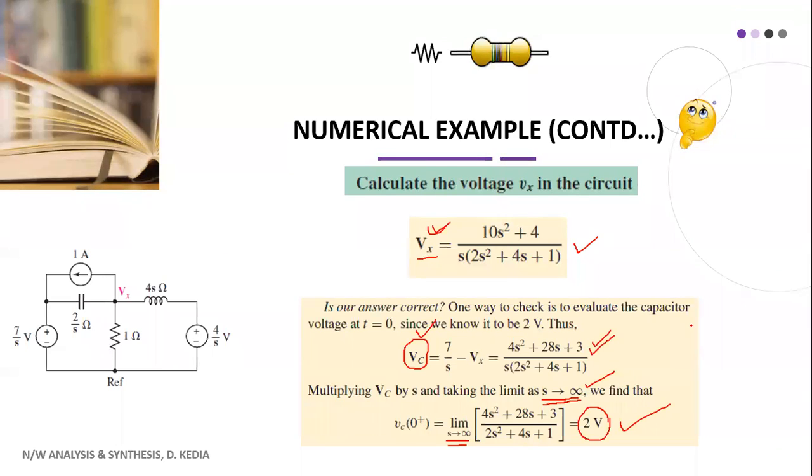With today's class, I am able to complete our unit number 1. It had mainly 2 components: one is transient analysis, and the second was the Laplace transform, and the third thing was the application of the Laplace transform to those transient analysis circuits. So I have today completed unit number 1 of your syllabus, and I hope all of you have understood all the things. One assignment will be shared with you after this class, and you will have to solve that assignment during the weekend and submit it by next week.